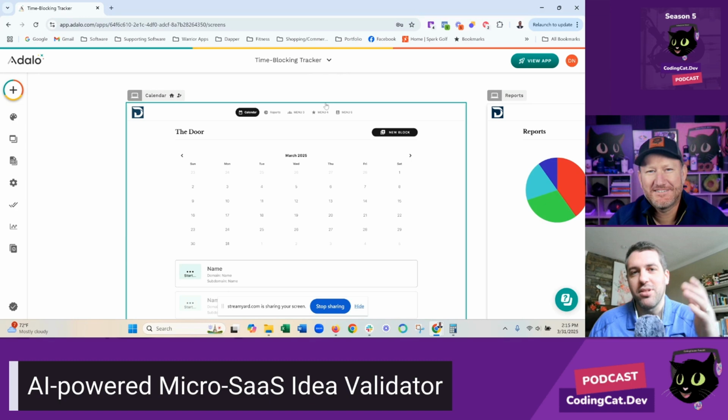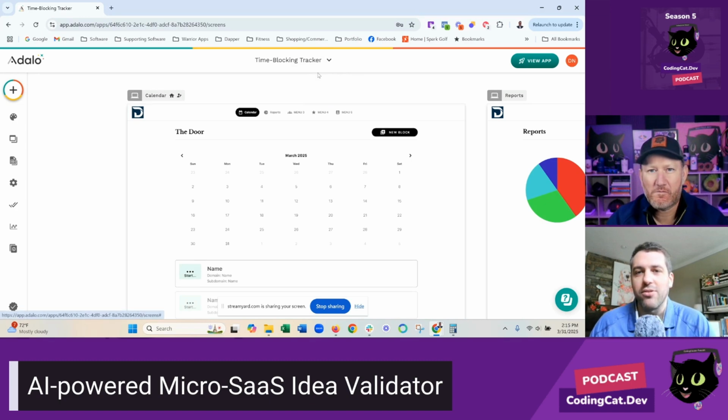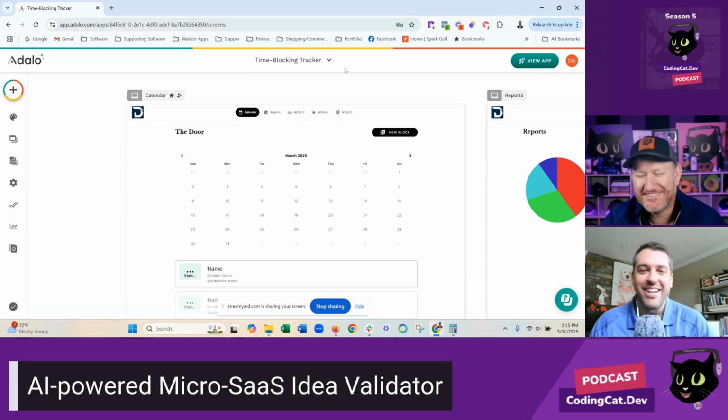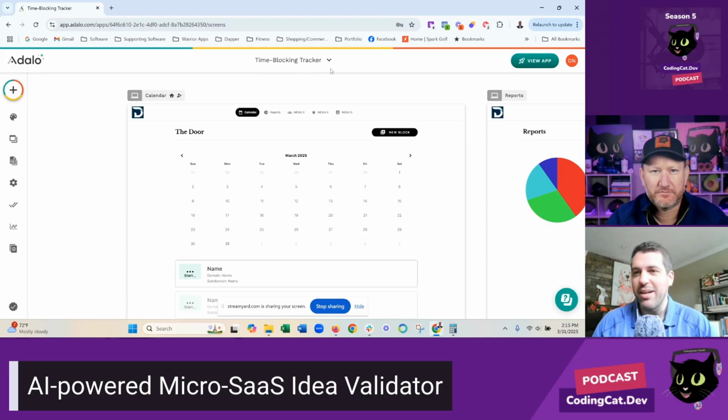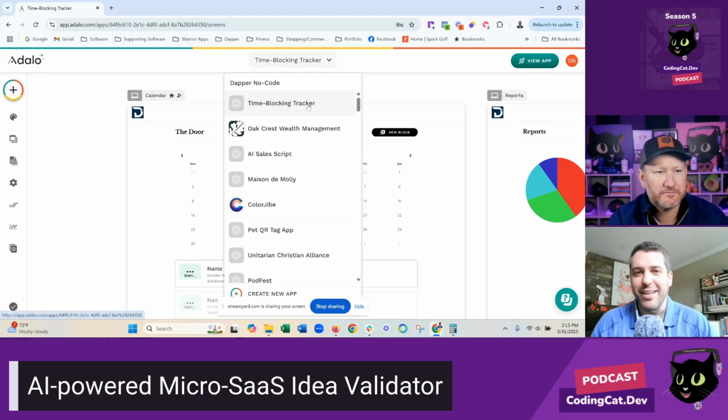So basically, I'm just in Adalo. I've signed up for an account. I should get paid for this, to be honest. I promote their stuff so much. Yeah, let's get some coupon codes. Let's get some partnership rolling. I do have their developer account, so I do resell. If people come to me and they want to build an app, we'll build it in here, and I get paid for that, but not anything affiliate or anything like that.